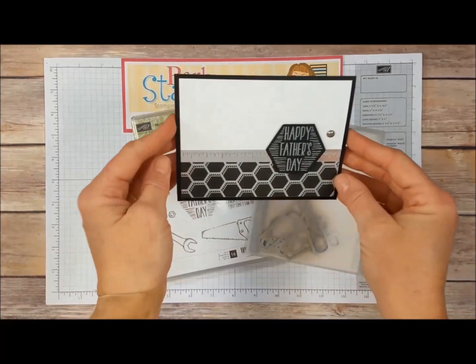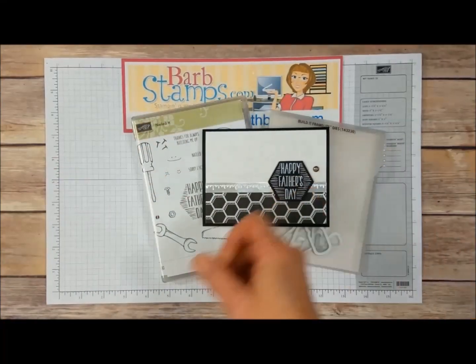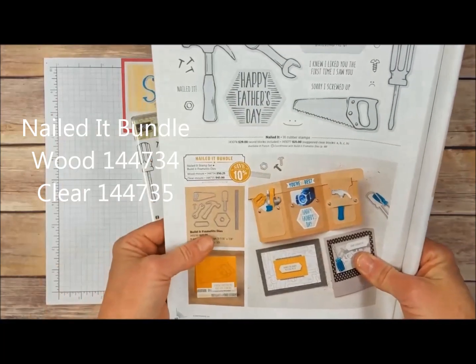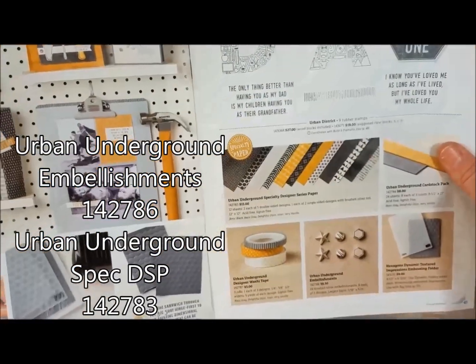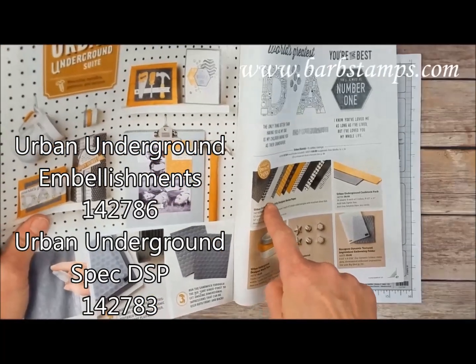Today I want to show you how to make this really cool Father's Day card. It uses the Nailed It bundle, which is shown on page 48 of the Occasions catalog. It includes the Nailed It stamp set and the Build It framelets. And I'm also going to be using, from page 47, these Urban Underground embellishments and the Urban Underground Specialty Designer